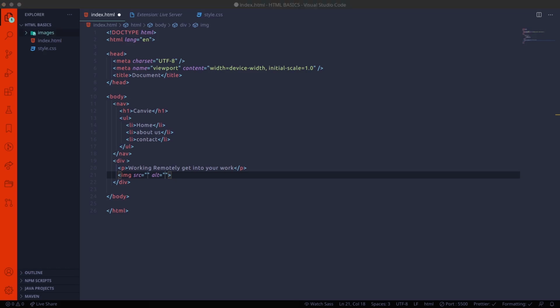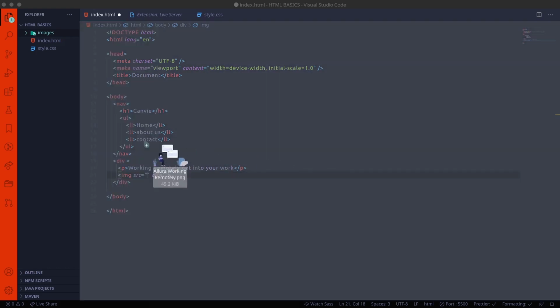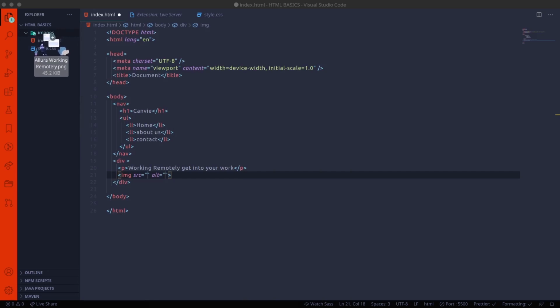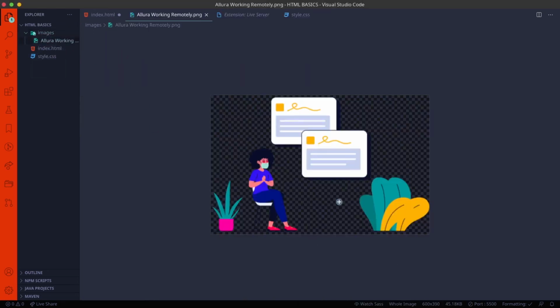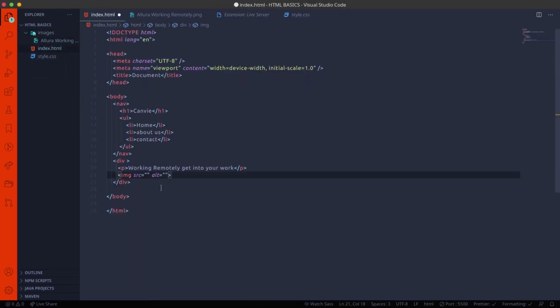So here I'm putting the image tag. I'm creating a folder called images. Then you can drag your images into that folder. I simply drag the image which one you want to drop into that.